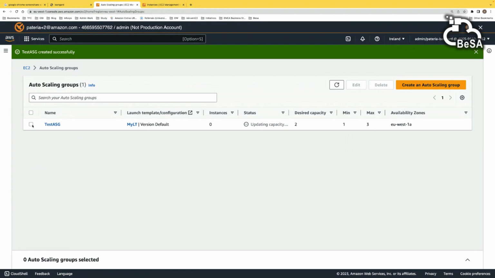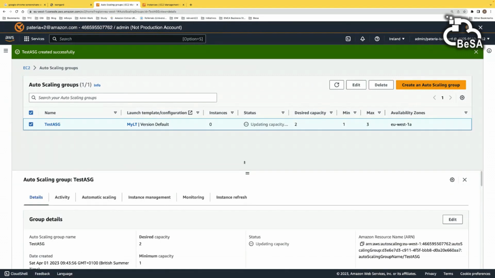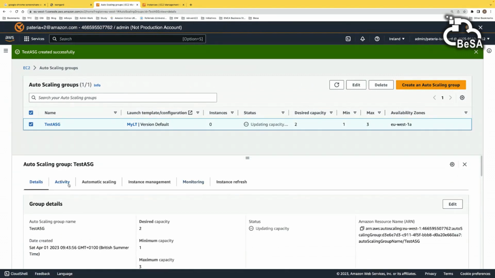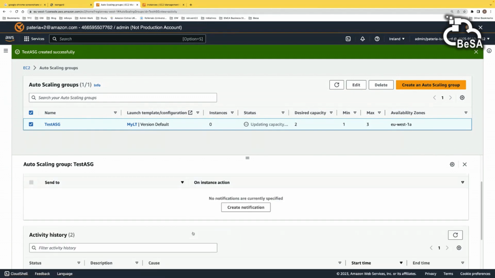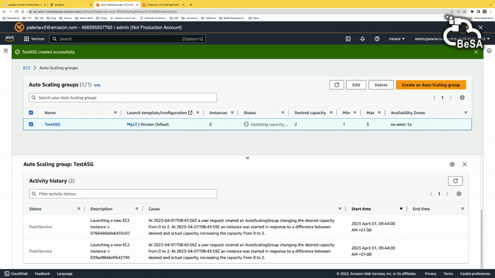So this is the group we created. If you see, since we have the desired capacity as 2, it is triggering the launch event.